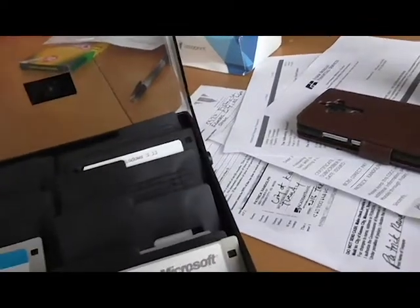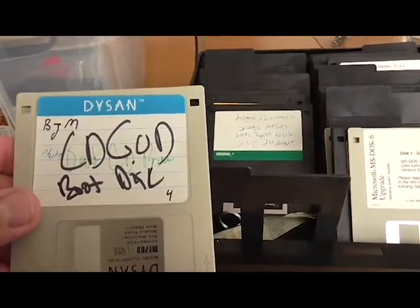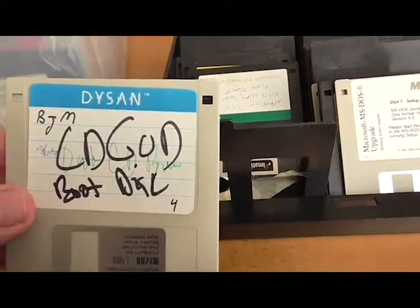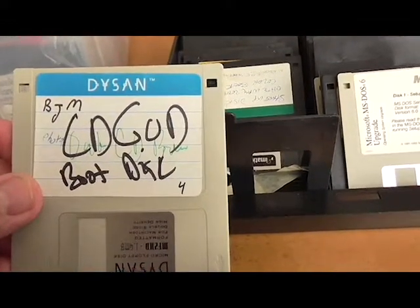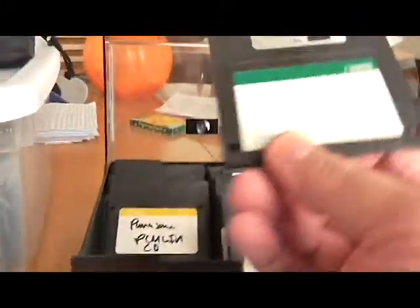Forward here, CD God. This is a cool program. If you can't figure out what driver to use for your CD-ROM drive, this will figure it out for you. It's got like 75 on there, and it's for CD drives that can't use MSCDEX. So that's cool. Startup disk for the Gateway 2000